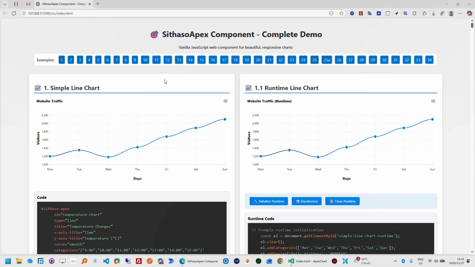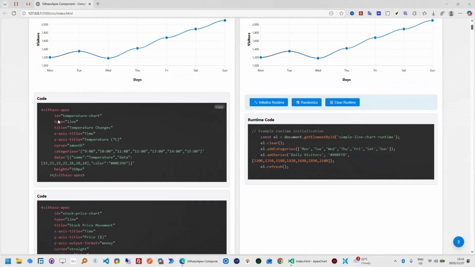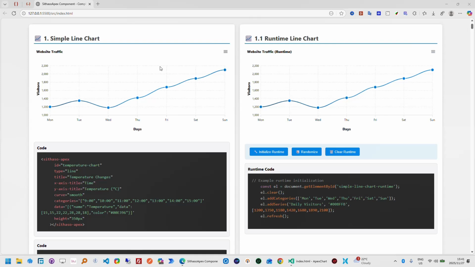Good day. As you might have been aware, we've been working on SithasoApex, which is a wrap of ApexCharts component. The objective of this project was to make it easy to draw up charts, for example, using HTML attributes. Now, the focus of this particular demo is to indicate how we have been able to create the charts at runtime. For example, on the left side is a static chart, which is basically created by one